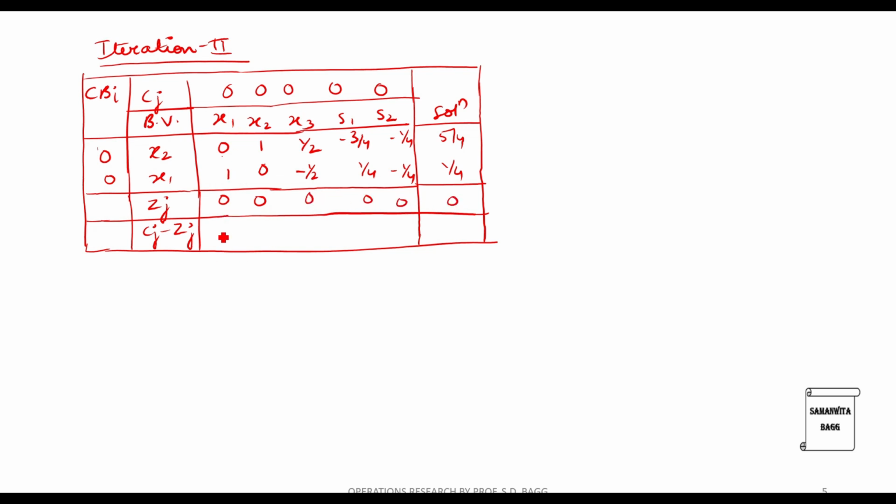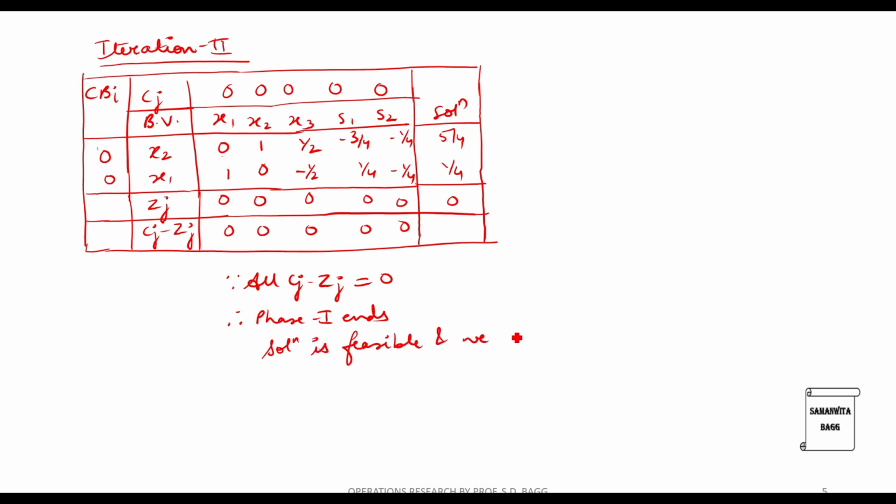So we have almost come to the end of phase 1 because we have calculated and found that all Cj minus Zj are equal to 0. So here your phase 1 ends and it shows that your solution is feasible. So here you can write down, since all Cj minus Zj are equal to 0, therefore phase 1 ends, solution is feasible and we can